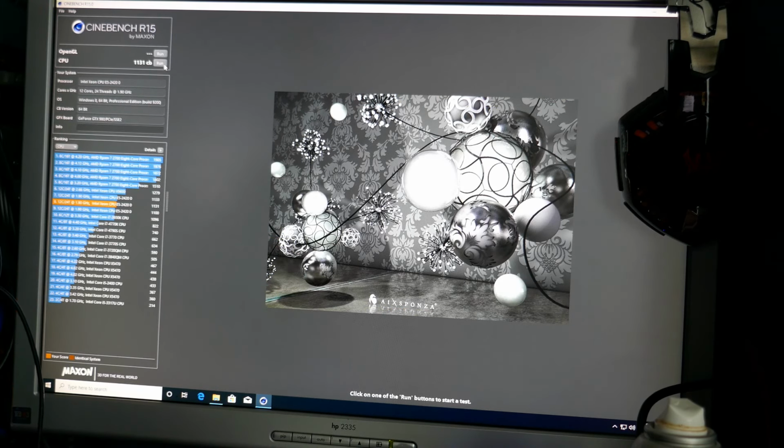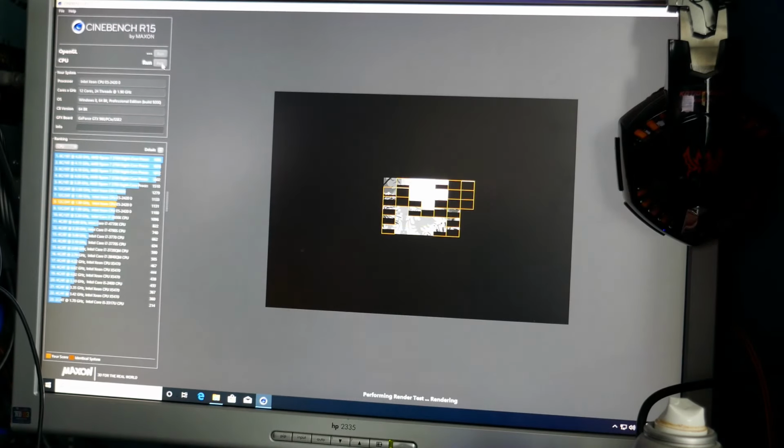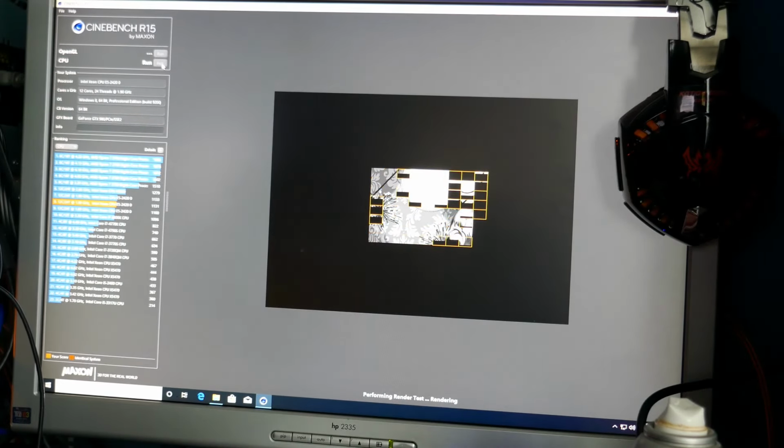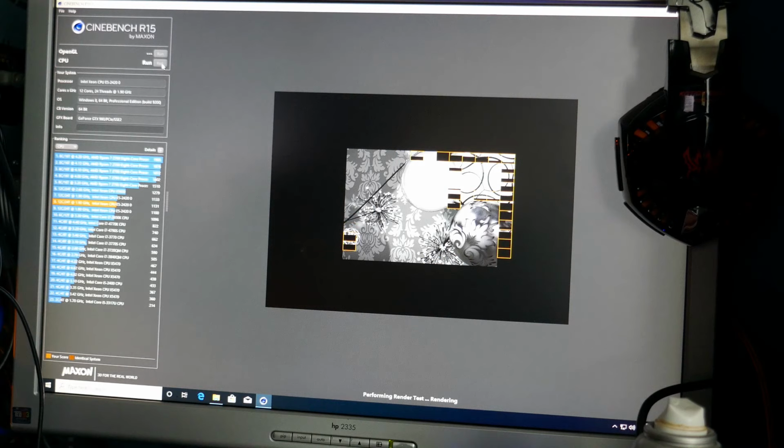1131. Remember what I said about might end up getting a lower score? At least it's not like half the score. Let's run that again here. I've discovered with Cinebench, you run it, you get a nice high score, and you run it again, and you're like 50 points lower the second time. It's kind of annoying like that, but